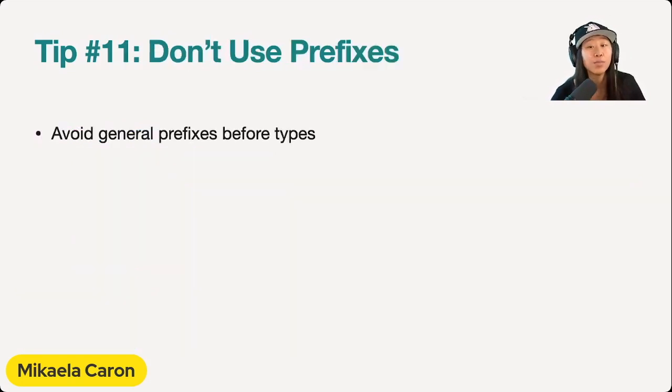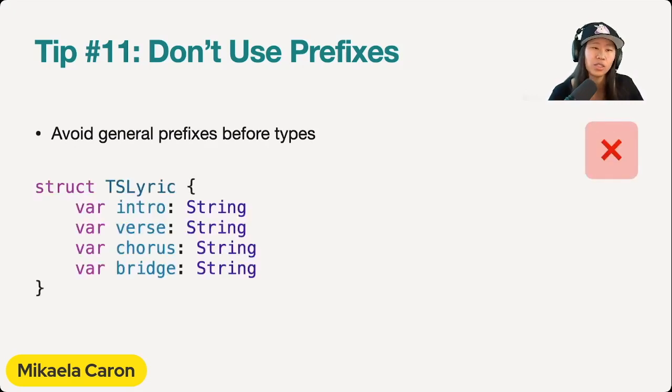Tip number 11 is don't use prefixes. So we want to avoid general prefixes before types. That would look like a struct called TSLyric and then a bunch of variables in this structure. The prefix that we want to avoid is this TS. This was previously required in code like Objective-C, where third-party code could clash with our own code. Because of that, we previously had to use a prefix, but now that we write Swift, we don't have to do that anymore. So you can see we just take off the TS and we just have a struct